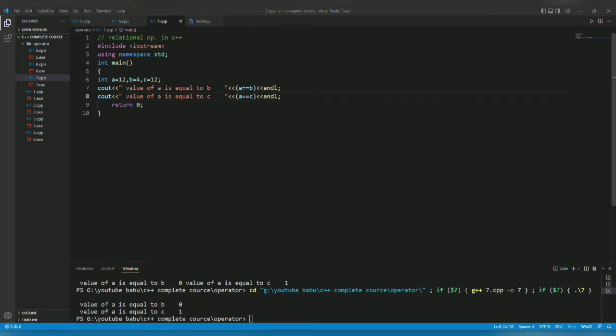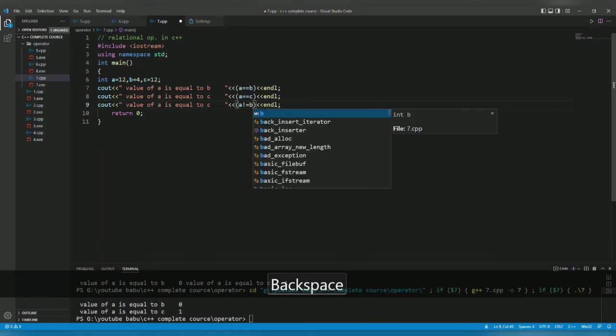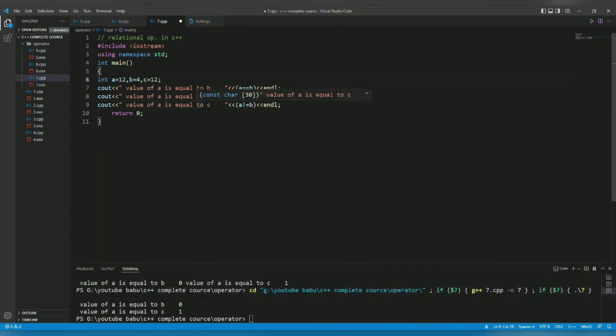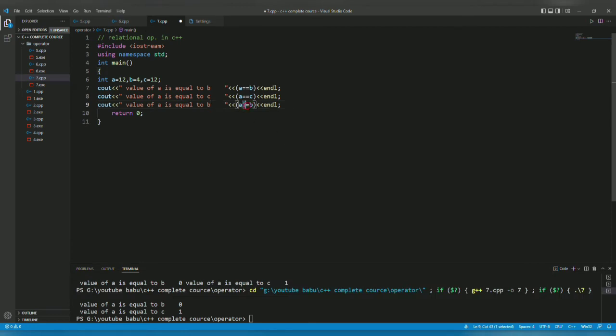Now our second is not equal to. So not equal to c, and when I print b, this is not equal to.